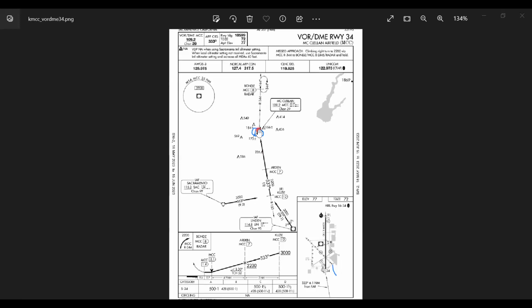But then you can question, how do I know when I can just keep going? Can I, once I track 153 and am on a heading 333, just keep going down until I see the runway? No, the answer is